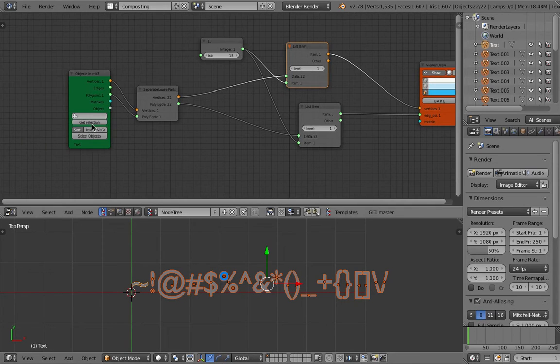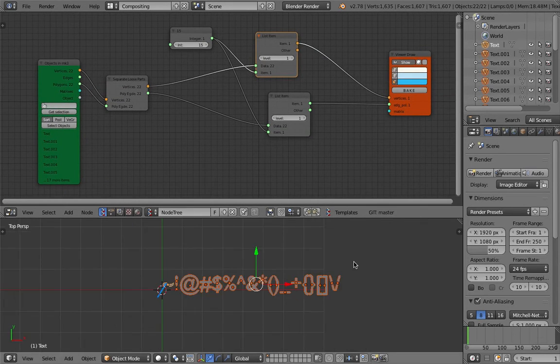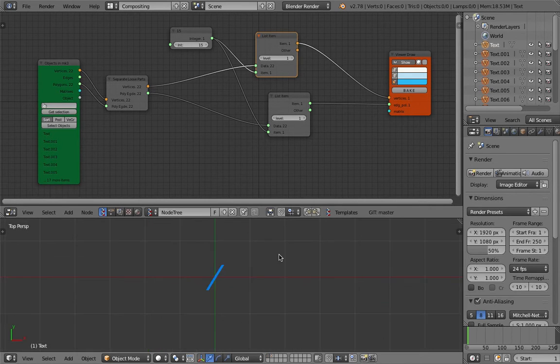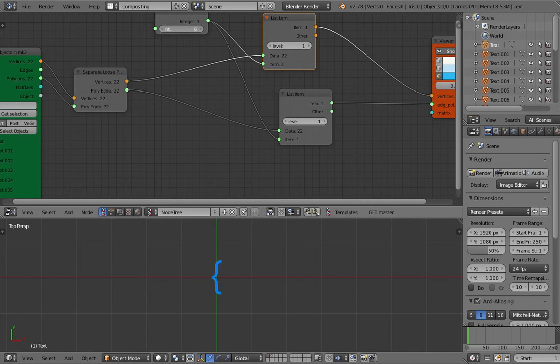Now they are all separate. Get the selections into Sverchok, and we can hide this text object group into a different layer. Now we have our thingy separated